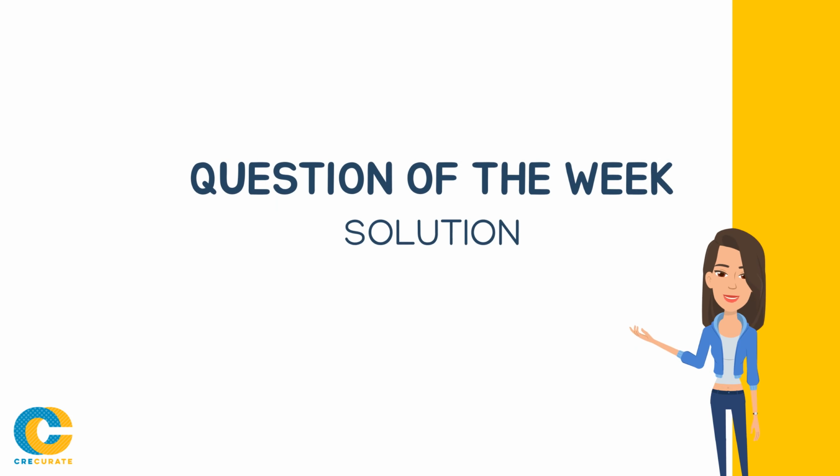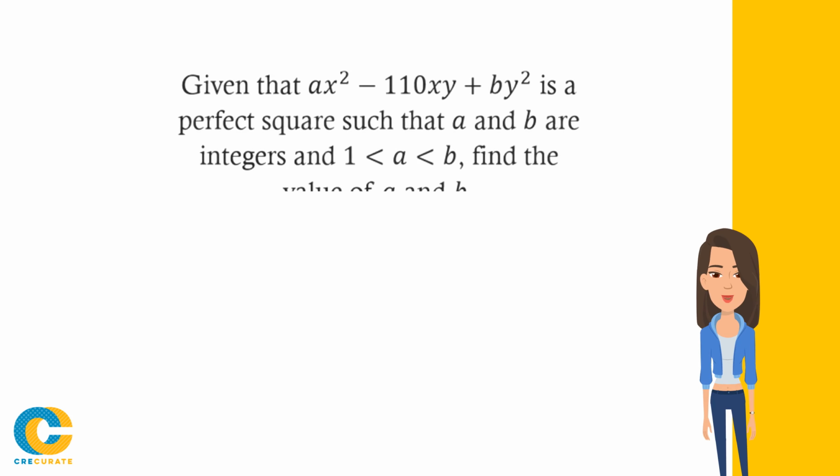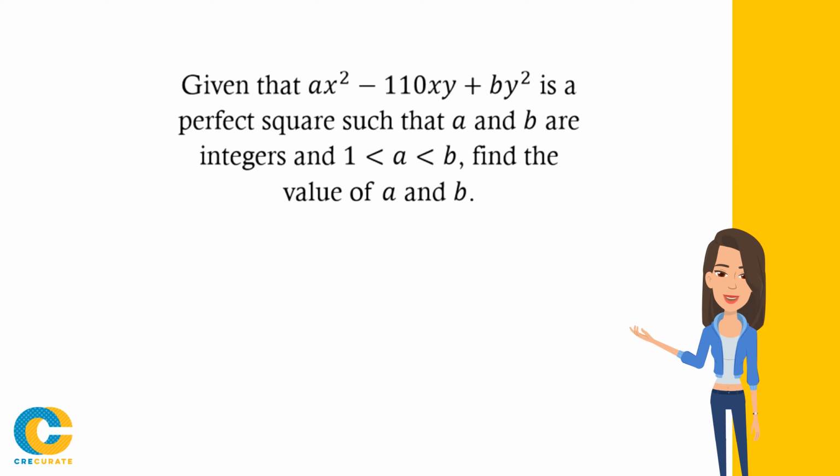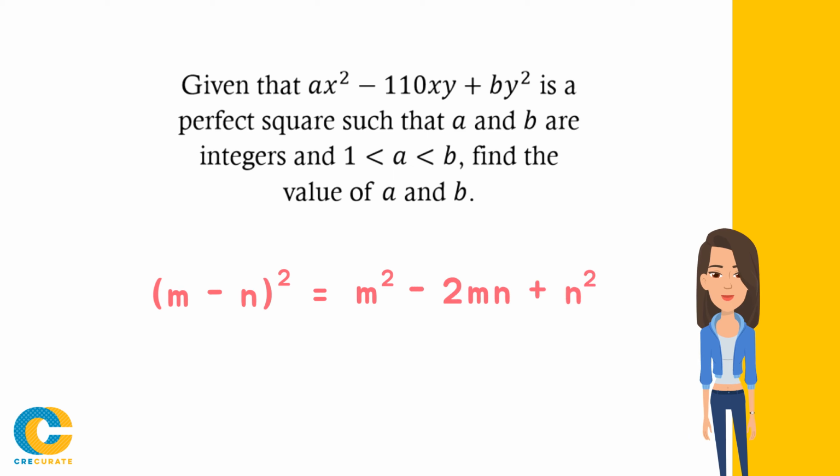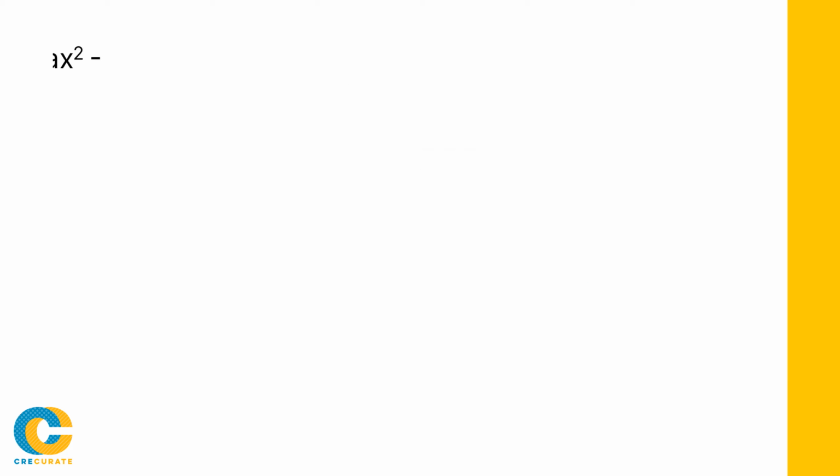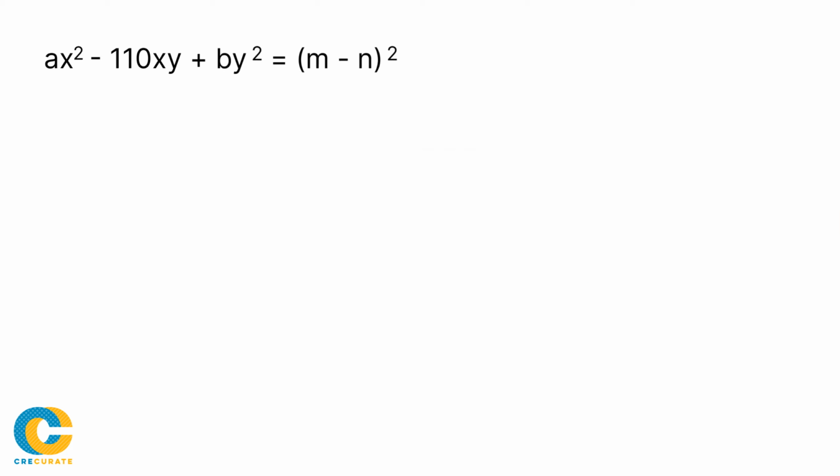Hello guys. In this week's question, we need to make use of algebraic identities to solve a question involving quadratic equations. Recall that (m minus n) whole squared is the same as m squared minus 2mn plus n squared. Notice that this is very similar to what is given in our question, which is ax squared minus 110xy plus